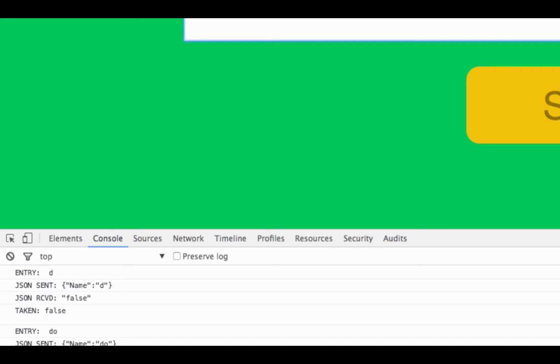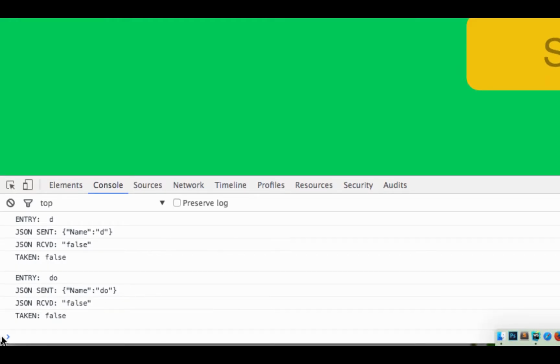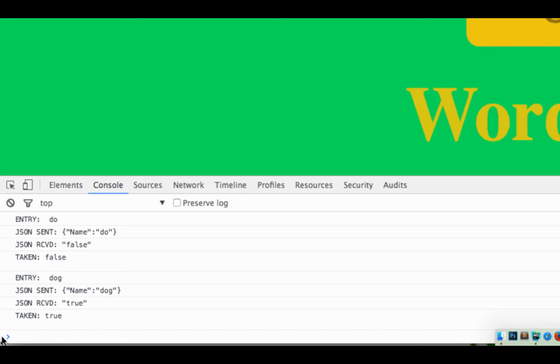And I enter O, so it's DO, so it sends the server DO, and the server checks false. It sends back false, hasn't been taken. G, and it's like, okay, send to the server dog, true, that's been taken, true. Sweet. And so based upon whether it's taken or not taken, I then have some JavaScript which updates the page